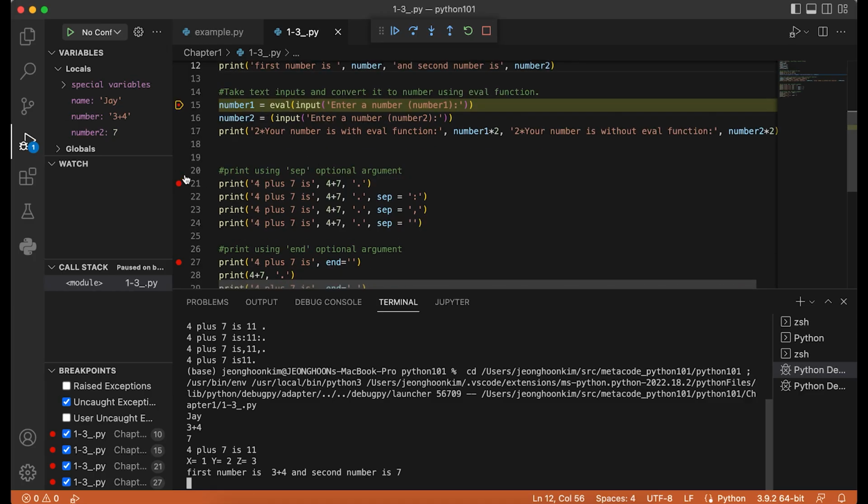So the next breakpoint is here, and we're here. So the code will run starting from line 15. We're going to get one number from the user, which is myself. And then I'll put the number here and we're going to store it in number 1. And we're actually going to use the eval function, which converts my text input to a number. And number 2 here will take just the input as text, and we don't convert it with eval, right? And we see number 2 is already here, so it'll be overwritten. It's going to be updated to the input I put here.